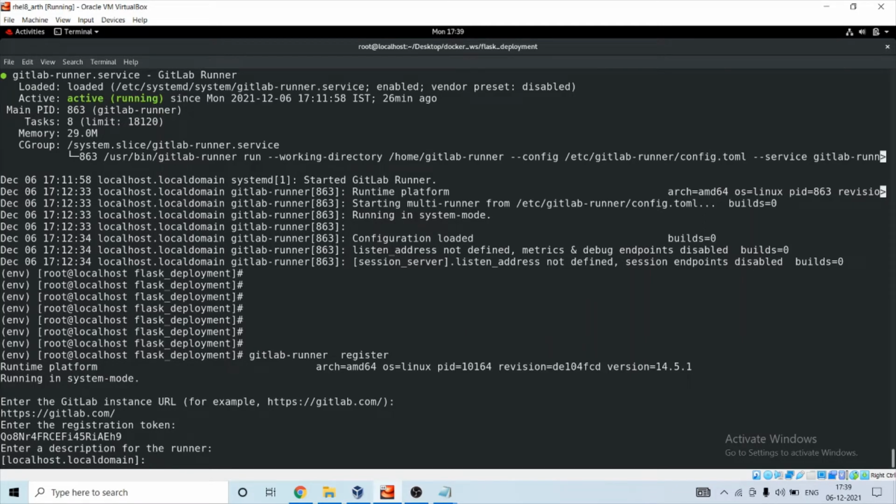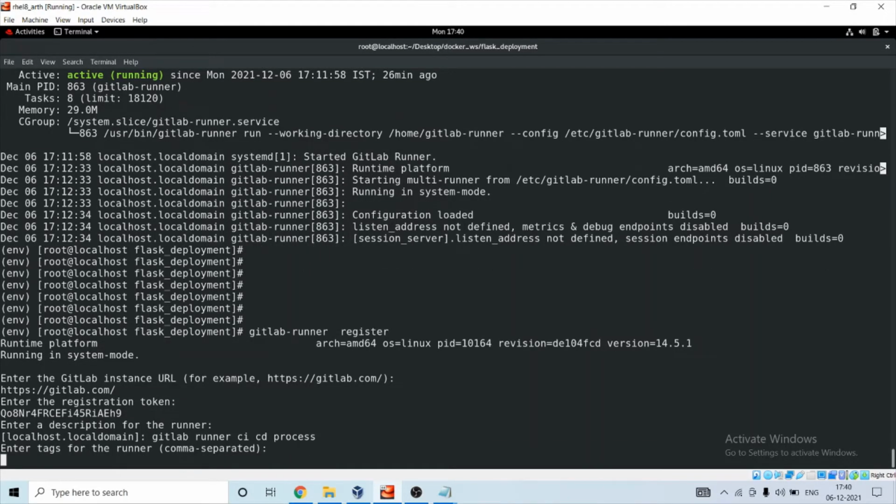We have to provide some description. Write GitLab runner CI CD process. Enter tag. So let's give the tag docker flask app.